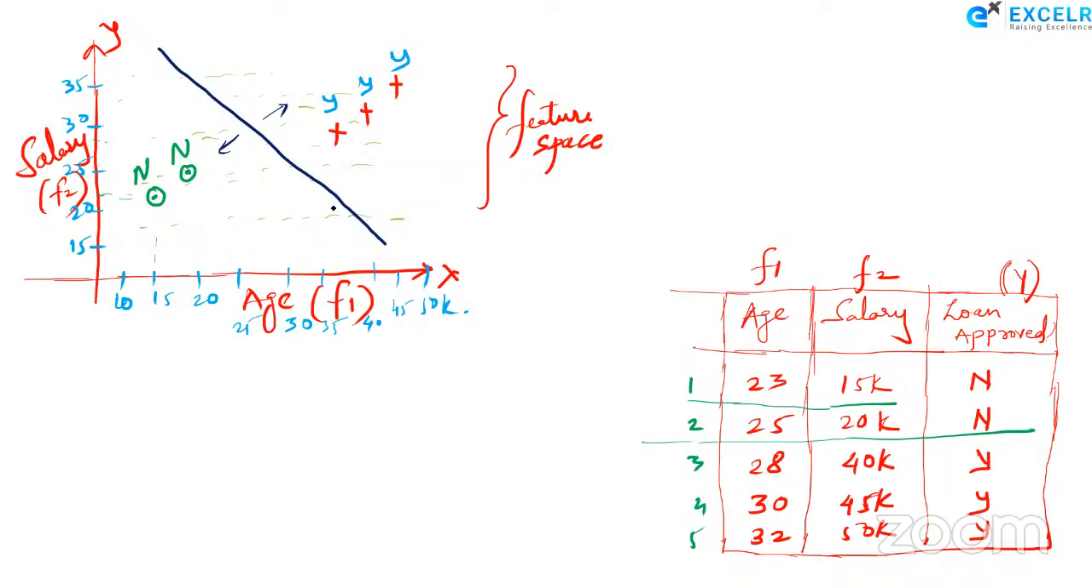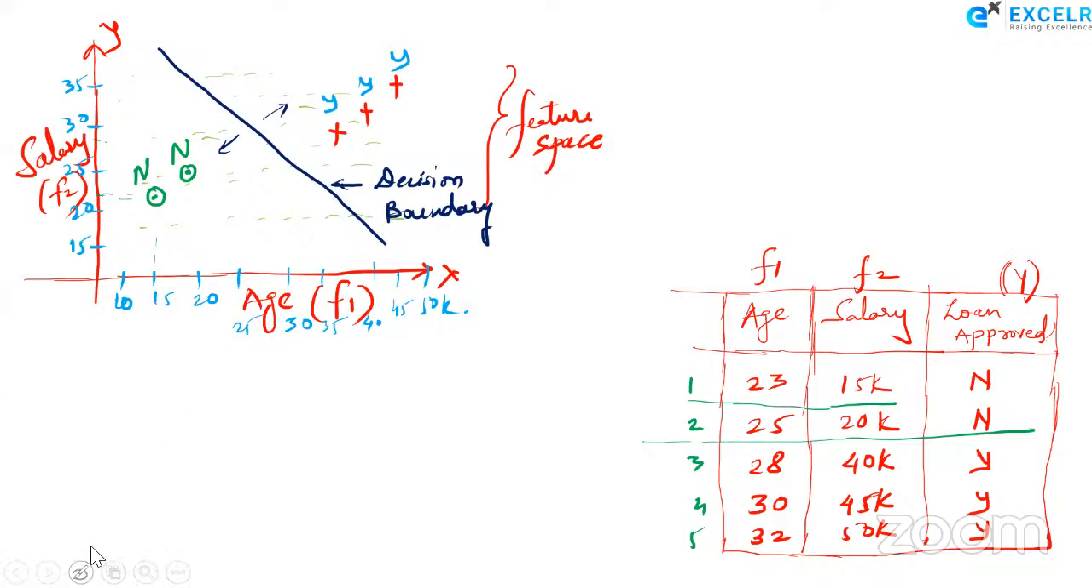This line which separates these two classes, yes and no, is called your decision boundary. What is it called? It is called decision boundary. Why is it called decision boundary? Because this boundary is deciding whether a new data point, let us say tomorrow there is a new data point